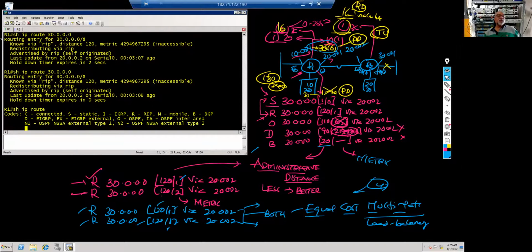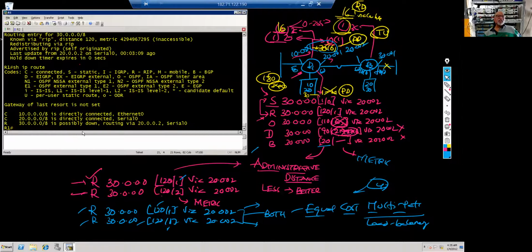But if I see show IP route, 180 is over, another 60 seconds are pending, then only it will flush it out. That's what I want you to understand. Hold down and flush it out.